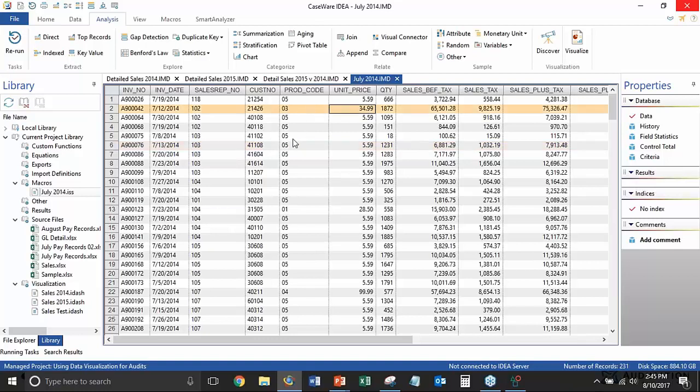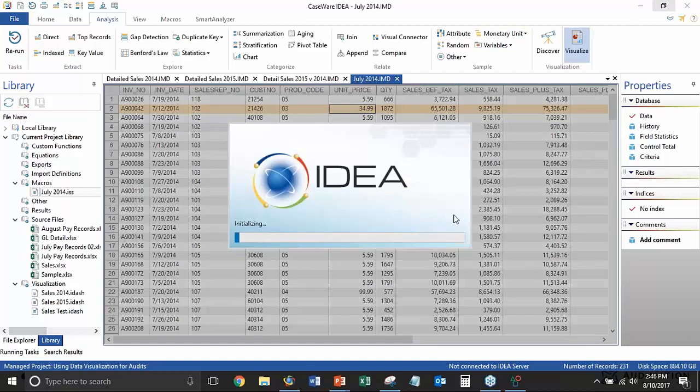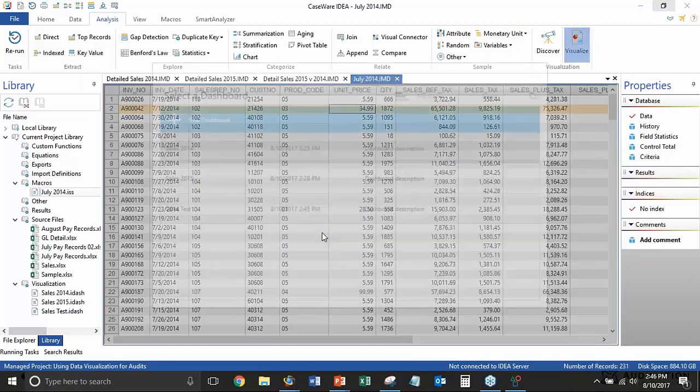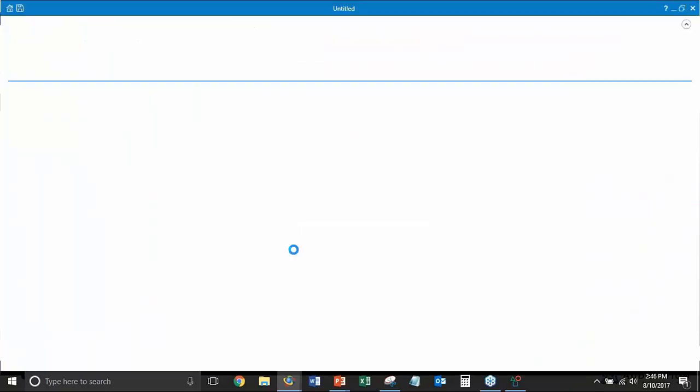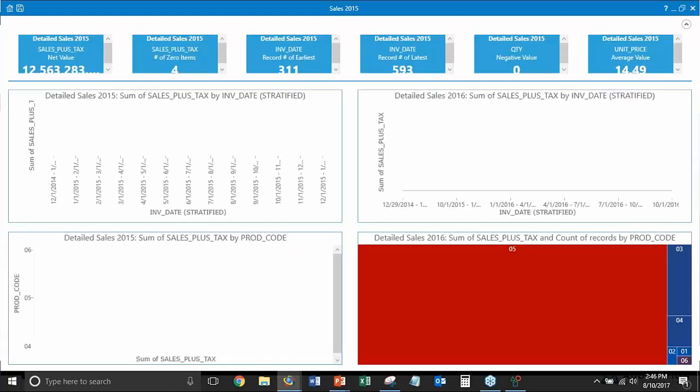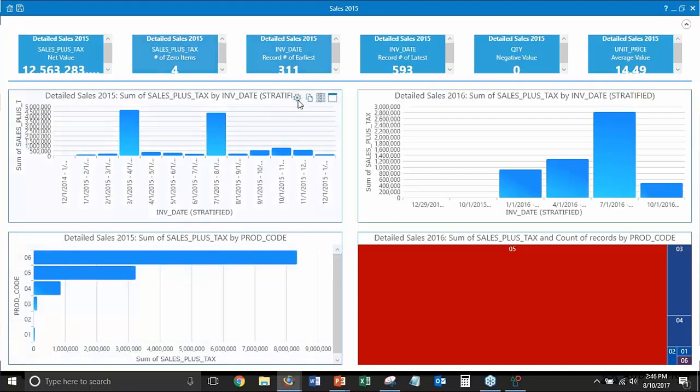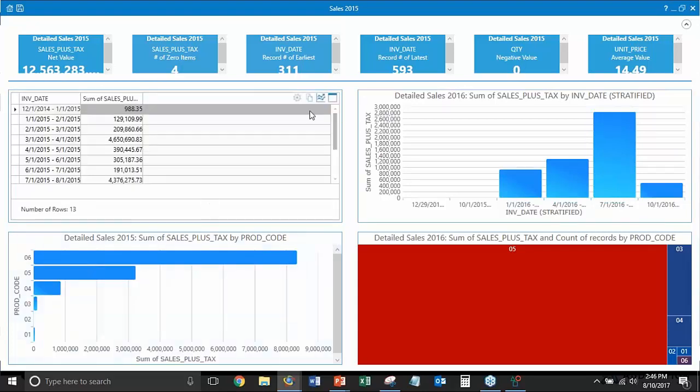All right, so let me quickly go to the next part over here. There's also one thing that I wanted to show you, and what I'm going to do is open up a dashboard here. Let's open up 2015. Looking at all the different options within this menu, as you can see, each one of these dashboards has that. I could click on the grid view. This is going to show me the information in tabular format. And if we expand that,